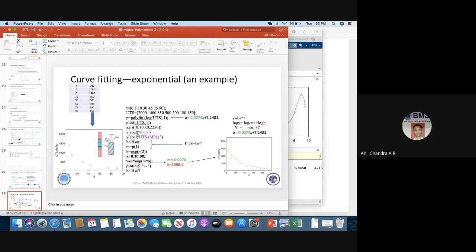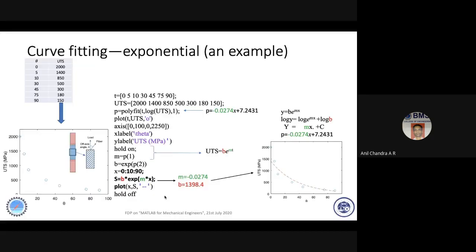What I did was in my experiment sometime back, I'll stop the presentation after this, a very interesting work. I took a composite. The composite had fibers oriented along a particular direction, right? So it is at angle theta. I kept on pulling it, doing a tensile test at different angles of theta. At 0 degree, it showed about 2000 MPa. And at about 5 degrees, it came down drastically to 1400. These are not correct values, but some representative data.